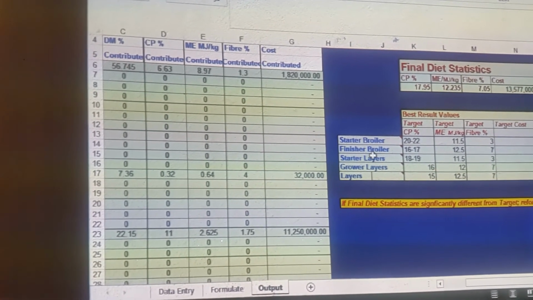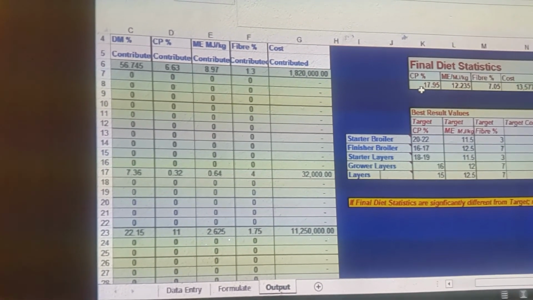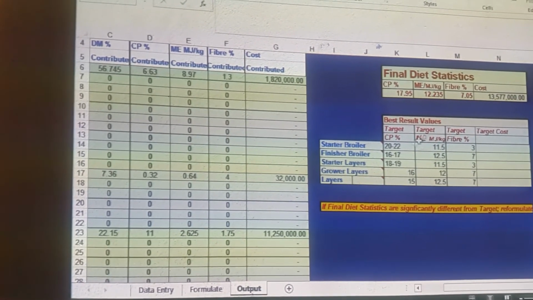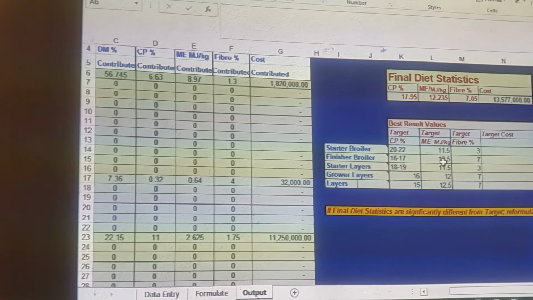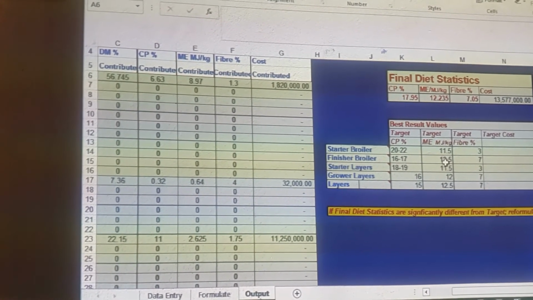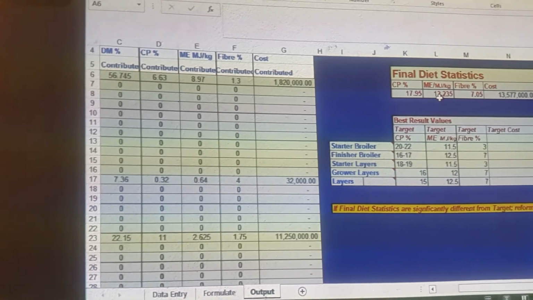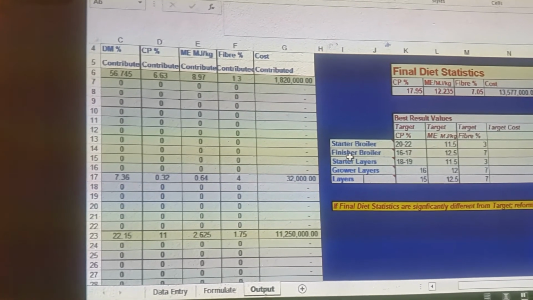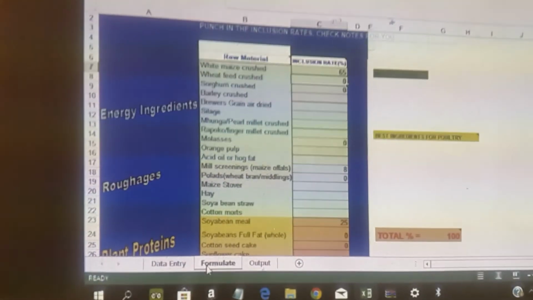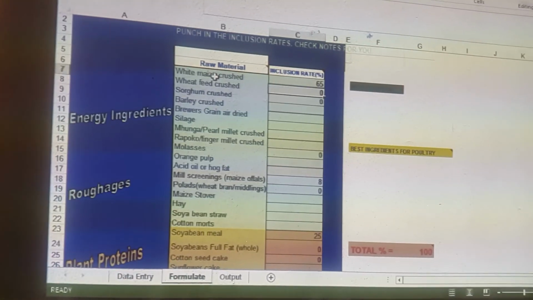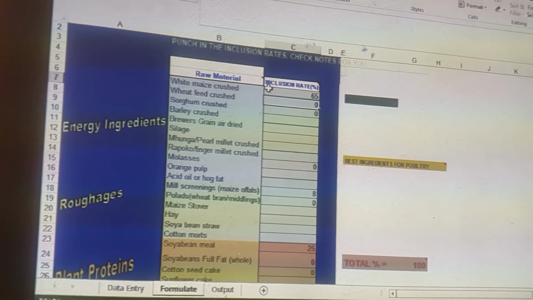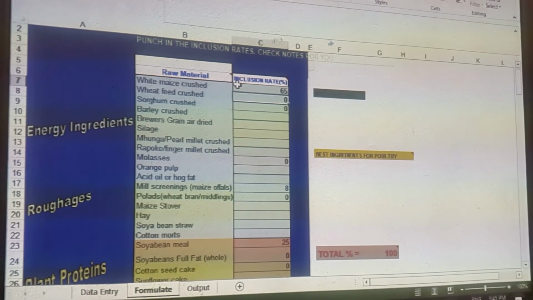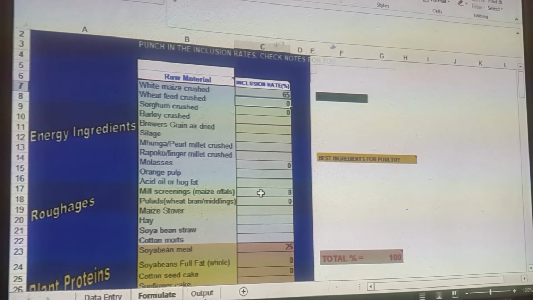You can see there on the broiler finisher with what I've worked on, I'm now on 17.95 against 16 to 17, 12.2 against 12.5 to, there I'm on 12.25. The fiber content is acceptable. So basically, with what I have formulated there, I have got my finisher, which means I used white maize crushed. When we're saying white maize crushed, what are we saying? It's basically your milli meal, which you have ground, and I've put in a little bit of meal screenings there,